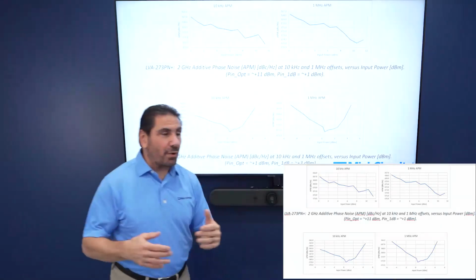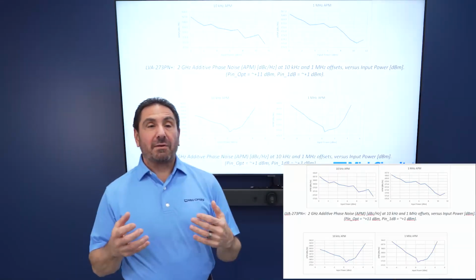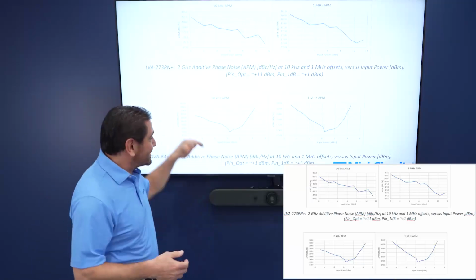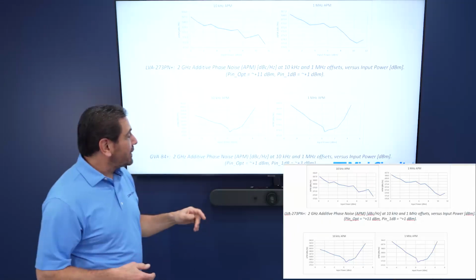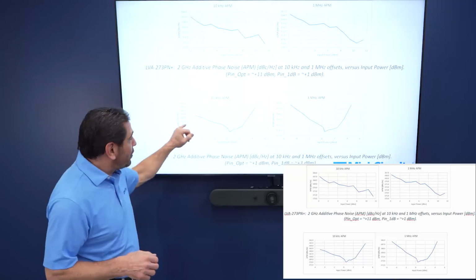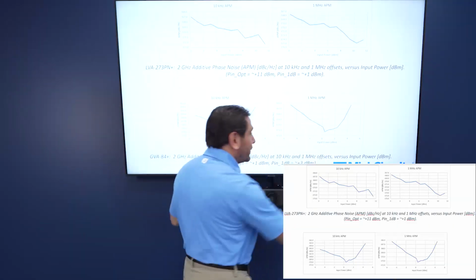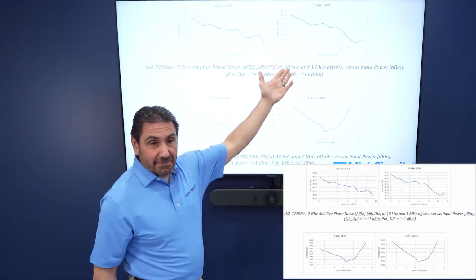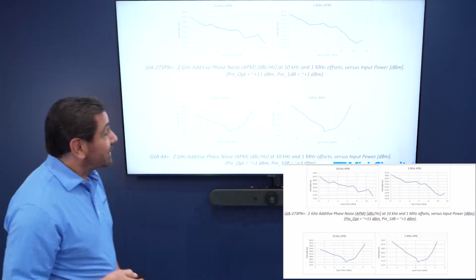So this indicates the point where you're degrading the noise figure faster than you're increasing the input power. And that's what creates this inversion or this inflection point. And again, it has nothing to do with this part. It's just that it happens to occur at a power level that we can input from our test set. You see at 2 gigahertz, we can't get there yet. But as you see on the next slide,